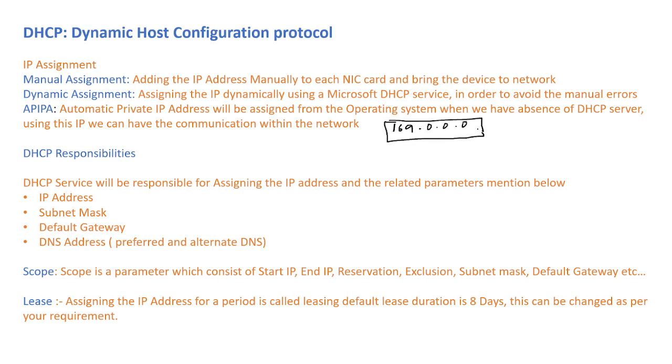See, there is another concept called scope. Scope is nothing but a parameter where it will have your start IP and the end IP, and the reservations, exclusion, subnet mask, default gateway, and the DNS. All the information we will store in the scope, and we will tell it, if anybody from the Bangalore office conference room is trying to connect to Wi-Fi, you give the IP address with the range, starting IP should be like this, 192.168.1.10 to